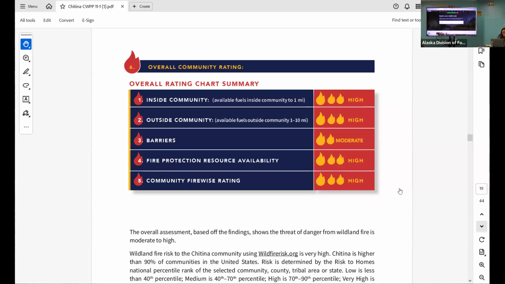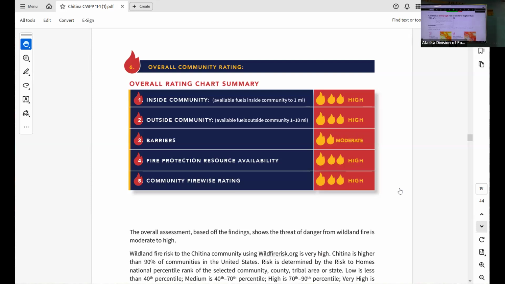They have the tribal area as well as the community. We're going to look at the community as a whole. Then there's a brief description. Chitina has a very high risk of wildfire, higher than 90% of communities in the United States. And if you click on high, it gives you the percentile for low, medium, and high. And again, this is just a great resource.